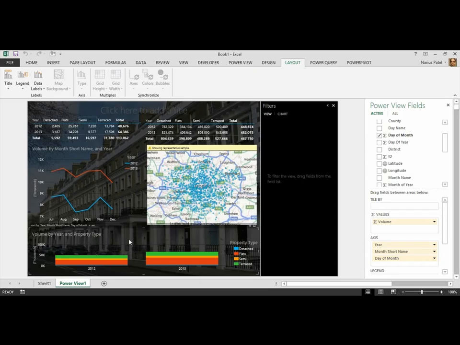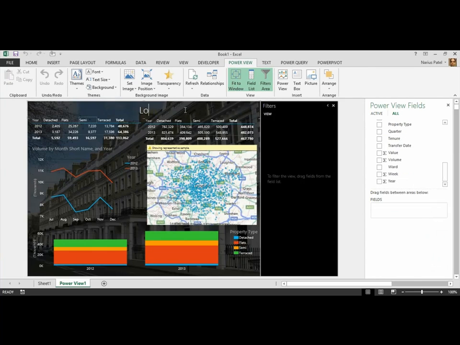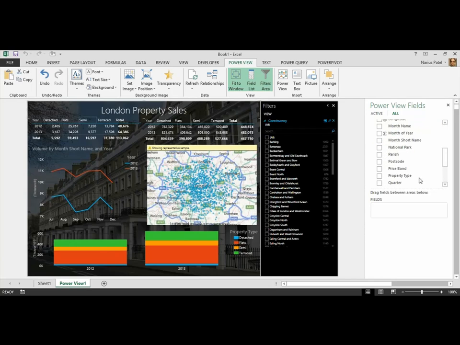On my column chart down here, I'm just going to remove the title to give the bars a little bit more space to grow. There we go. I'll give it a title, London property sales. And the only thing I'm missing now is some filters. So I drag in constituency and property type